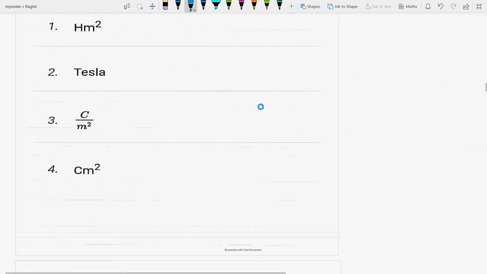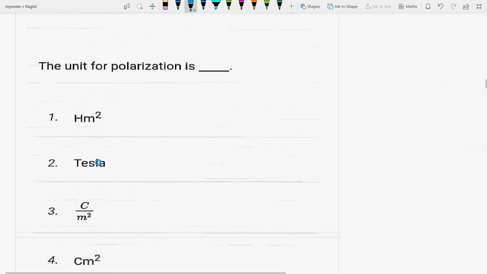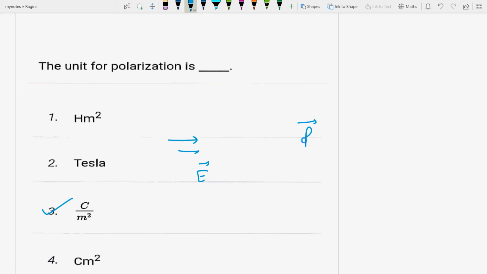Next question is, the unit for polarization is simple, it's Coulomb per meter square. You know, polarization means the process or phenomena in which the light waves or other electromagnetic radiations are restricted to a certain direction of vibration, usually specified in terms of the electric field vector. The electric polarization vector, this is P, is equal to the average number of